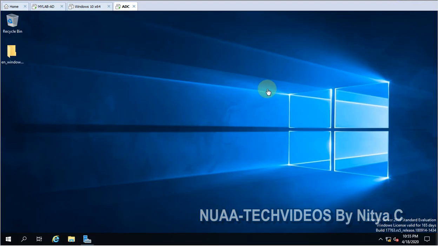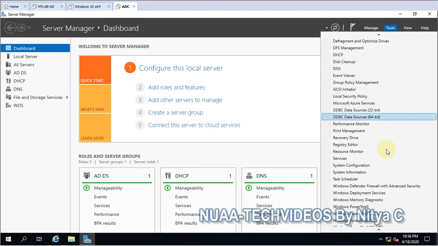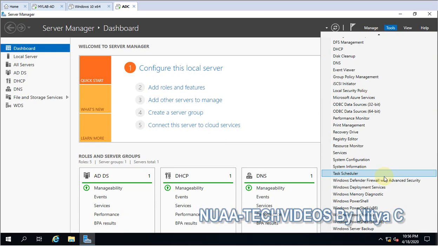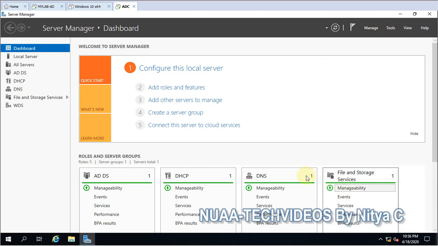So the server is back after rebooting. Let's open the role now. Tools, and then you have to select Windows Deployment Services.